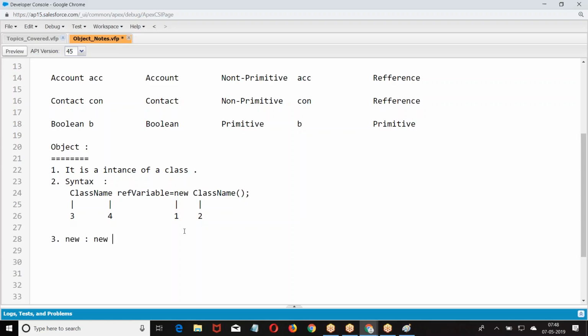New. New is a keyword which will create an instance of a class. Constructor.